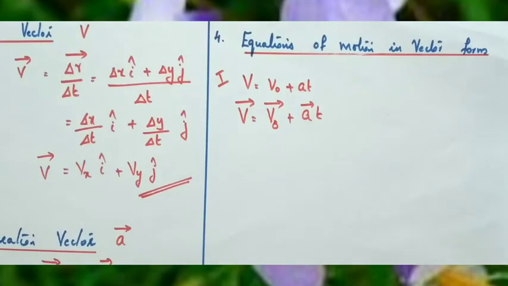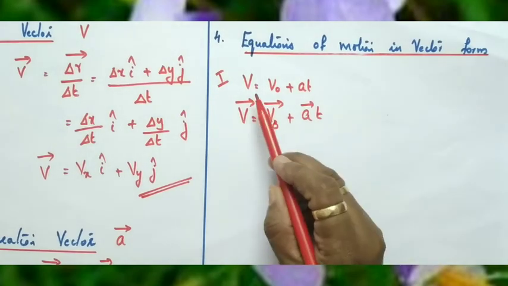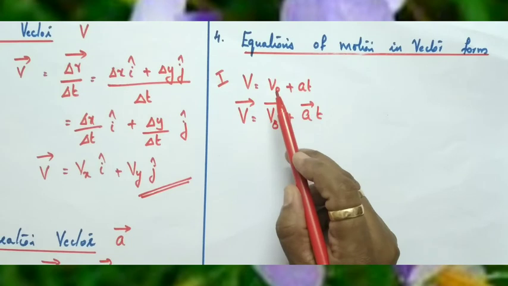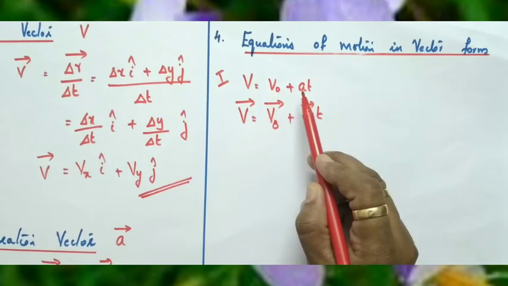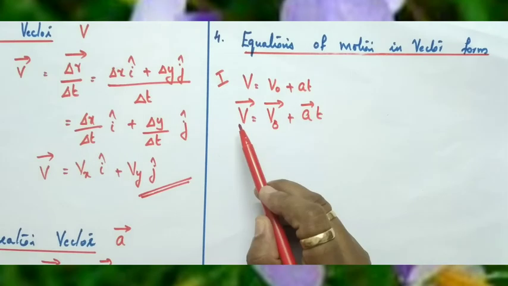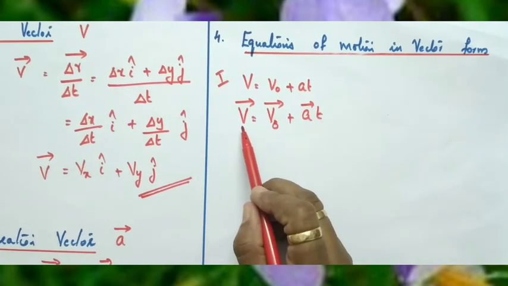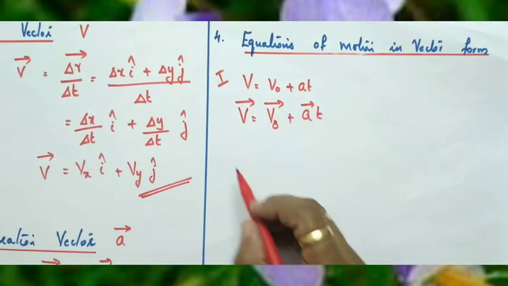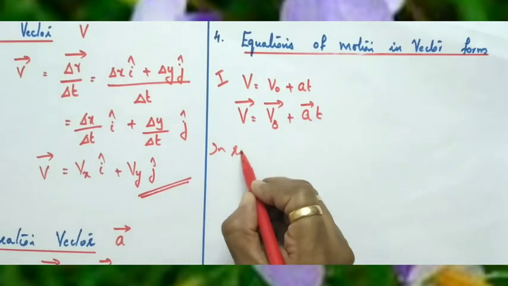Now we can discuss equations of motion in vector form. Suppose an object is moving in the xy plane and its acceleration a is constant. We have the first equation, v equals v0 plus at, where v is the final velocity, v0 is the initial velocity, a represents the constant acceleration and t represents the time. In vector form it can be represented as vector v equals vector v0 plus vector a into t. Now in resolved form,